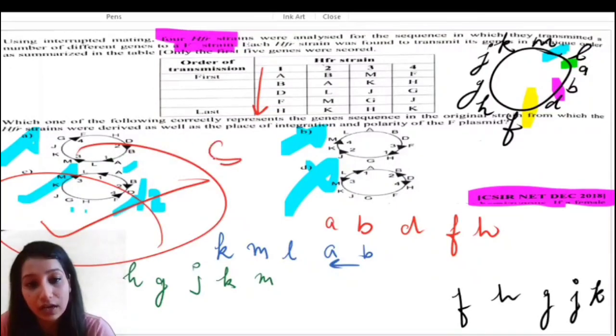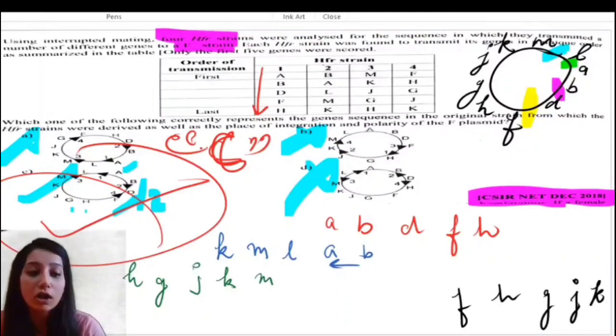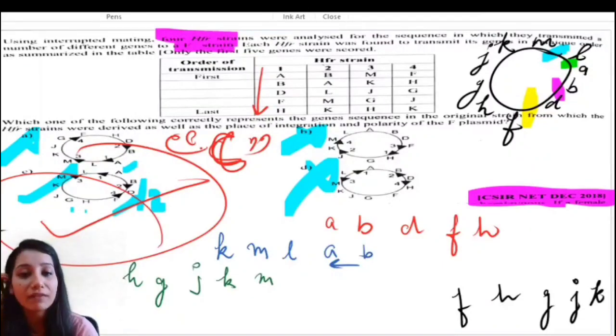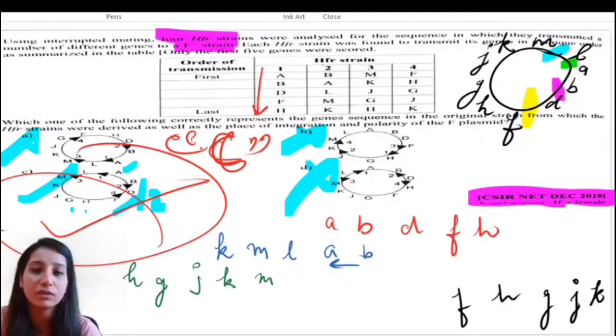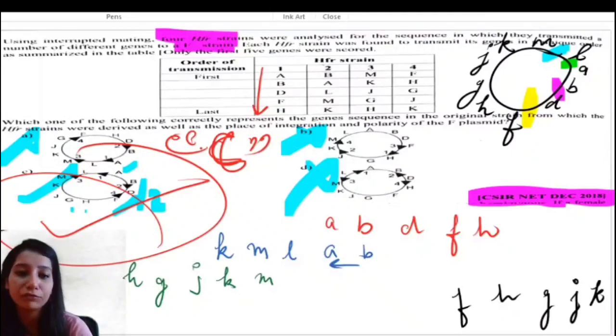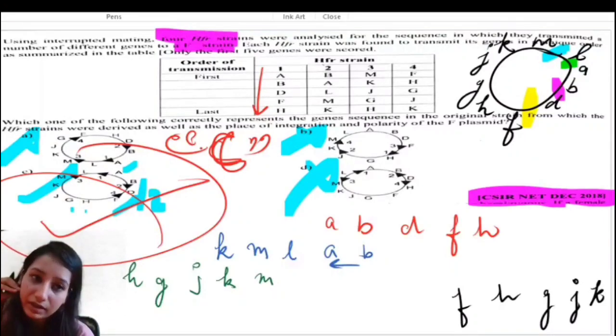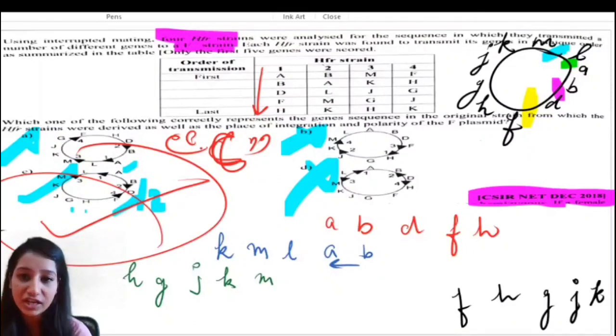So in this way you have to solve these questions. This is very easy, and you can see that you just have to look at the question, and in the question itself is the solution. You have to make a gene map, and according to the gene map you find the answer, or you mark the F factor, and according to that you will get your answers. So these are the questions regarding the conjugation process of bacterial genetics.